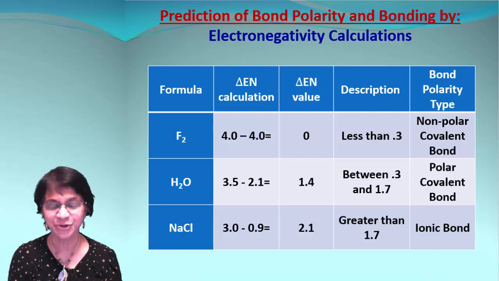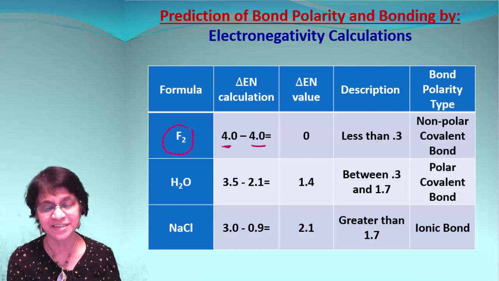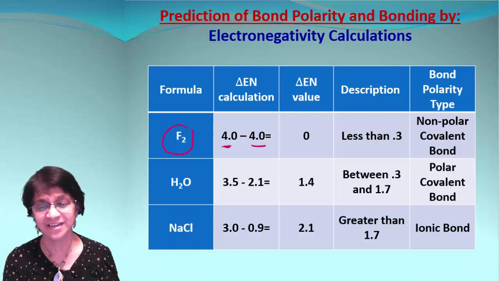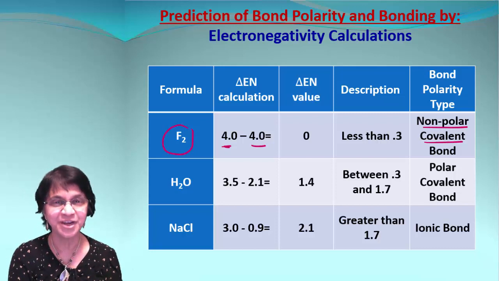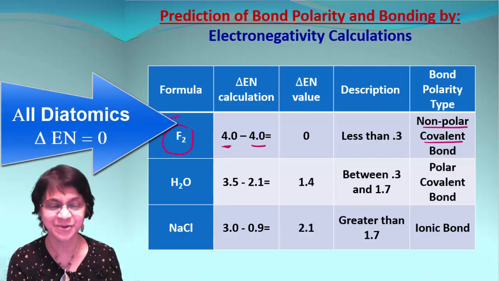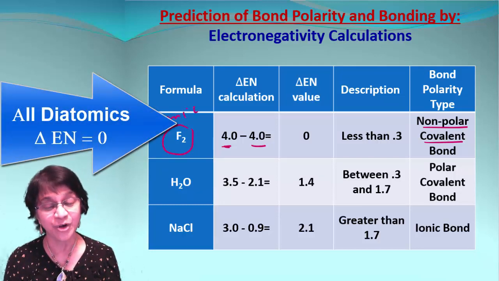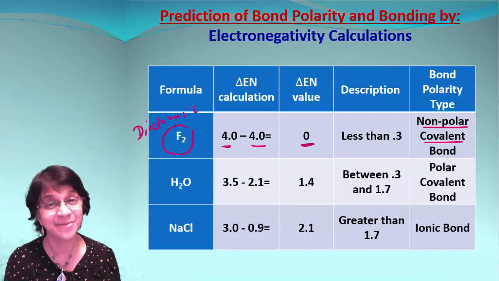Here are some examples for you. If your molecular formula is fluorine, that is F2, look at the delta EN. It's 4.0 minus 4.0 equals 0. That will be, of course, less than 0.3. And when it's less than 0.3, we have a non-polar covalent bond. I'm going to give you a hint. Fluorine is a diatomic. So technically, all our diatomics will have delta EN equal to 0. And which are those diatomics? I bring clay